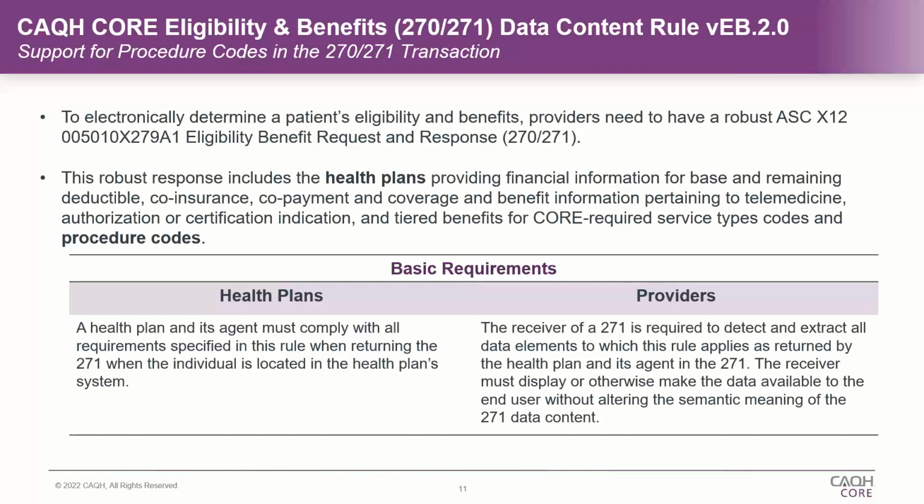The other thing I wanted to mention is a lot of people think that just to return a procedure code, you have to have one on the inquiry. So if you have in your system the ability to, like Bob mentioned, maybe map a procedure code to certain contract details that you have, even if a procedure code wasn't received, but maybe there's some extra information that you need to return to a provider about a specific service type that can go further in detail, narrowing it down through a procedure code, there is nothing restricting or prohibiting a response from containing a procedure code, even if you didn't get one on the inquiry.